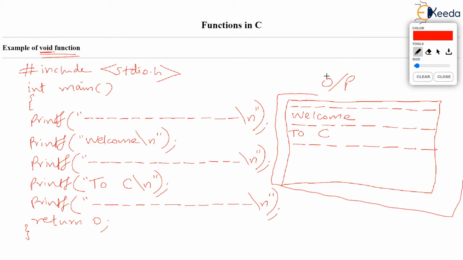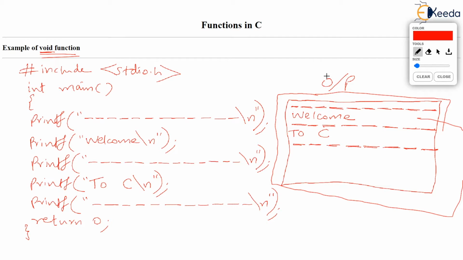Okay, so the output we want here is just a line of dashes, some dashes we want to print on the screen. Let's say we want 80 dashes like this on one line. Then on the next line, we want to print a welcome message. And then we again want the same line of 80 dashes. And then 2C, and then again 80 dashes. So in short, we have got three lines which are copies of each other: a line of 80 dashes on the first line, again on the third line, and again on the fifth line.